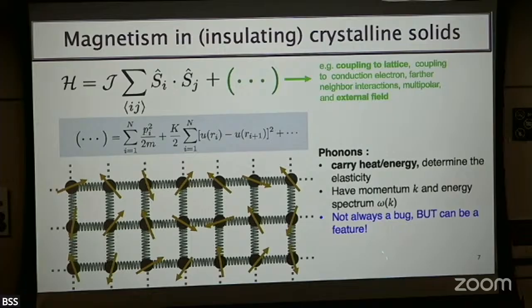And then something that I want to convince you of in this lecture is that phonon is always something we think, oh, we don't want to think about phonon. Oh, phonon should not be important because we're at very low temperature. That is actually not true. You have to make a very, very good argument and convince yourself why phonon is not important.